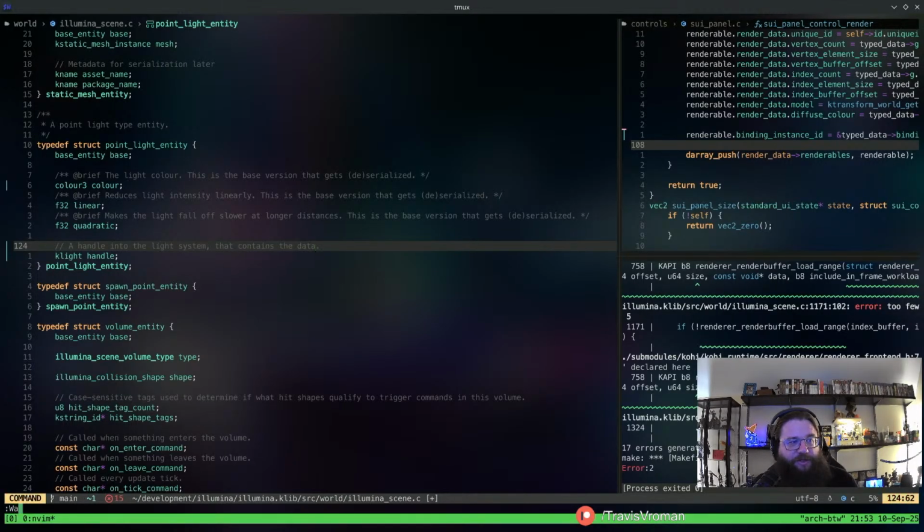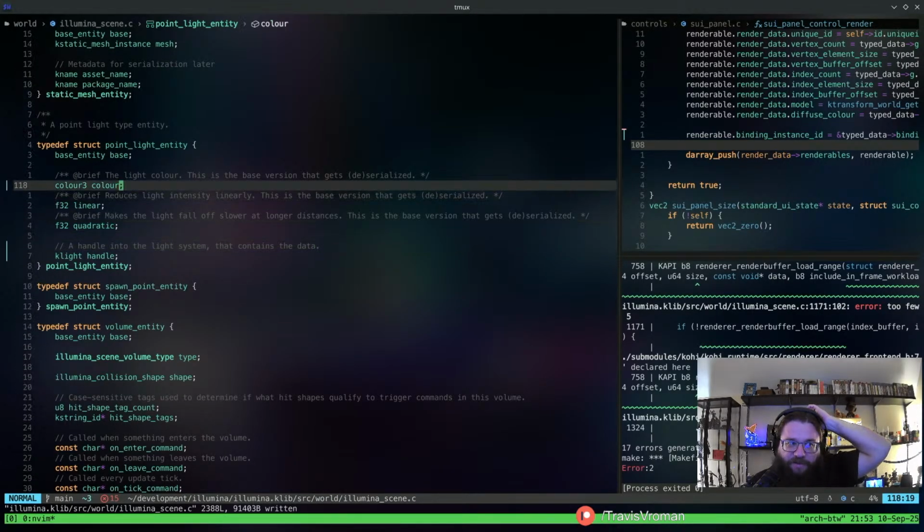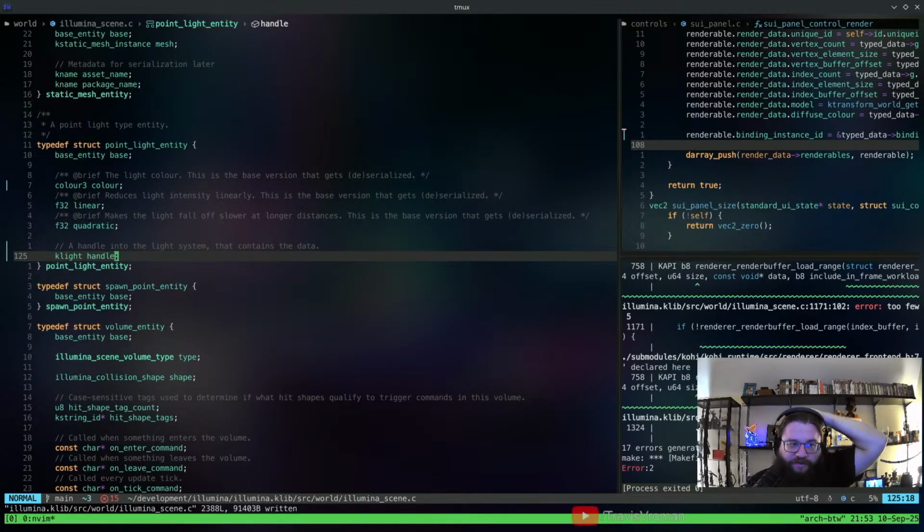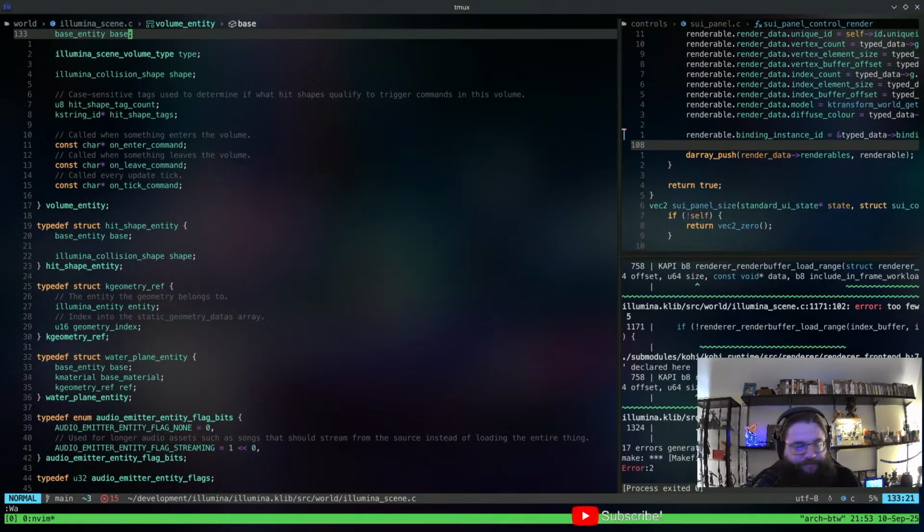Because we don't actually send any of this to the shader anymore. The light system does that for us. Okay, so we're going to have to keep that in mind because I think that's probably going to come back in a couple spots and get us.